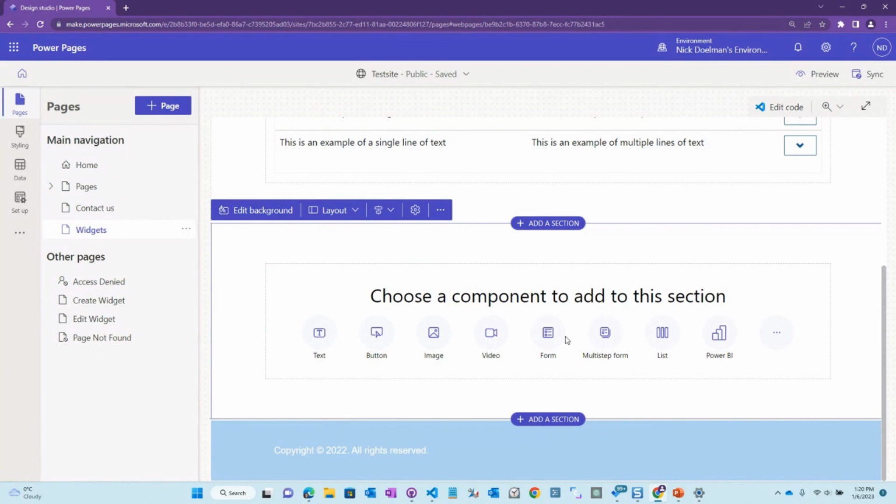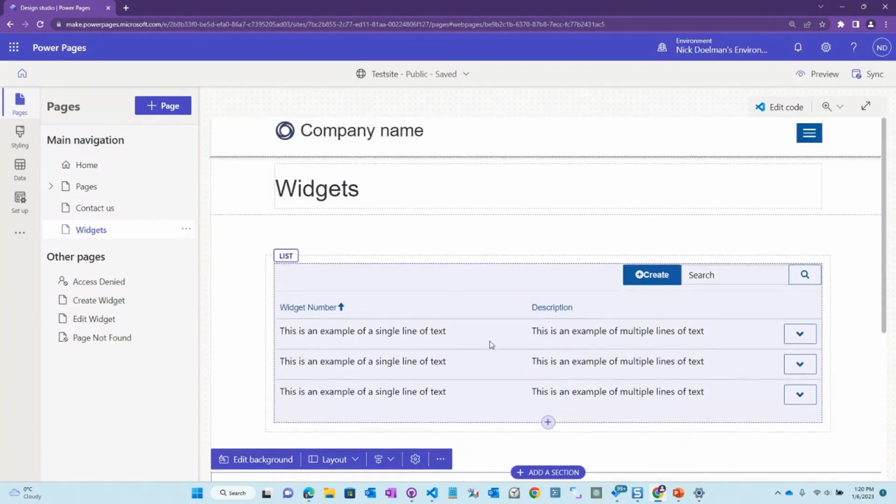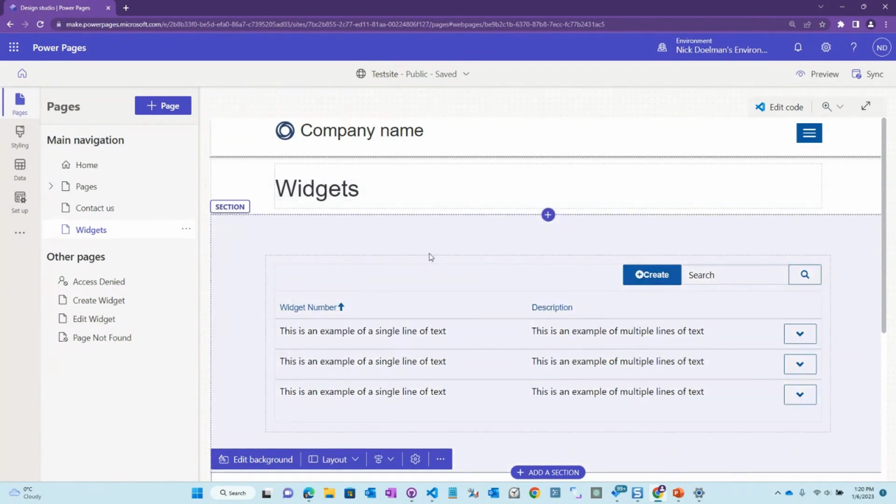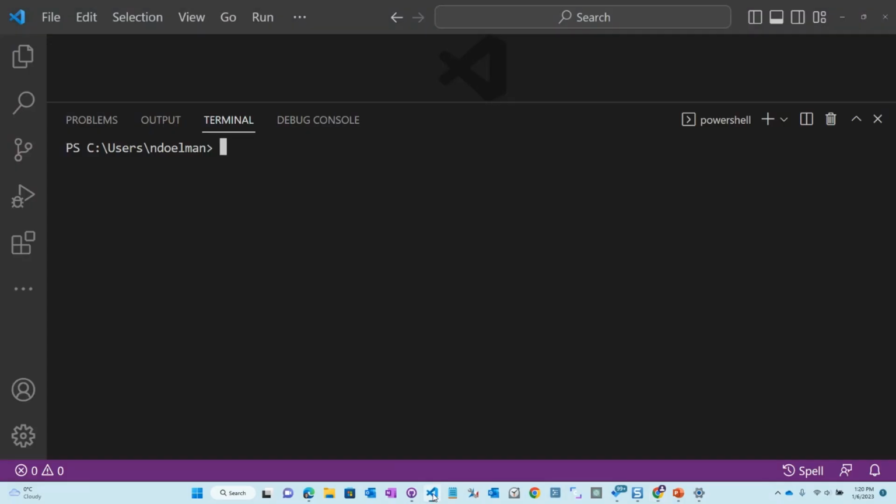But like I said, there might be instances where we want to start adding a little bit more code to our page. Of course, we could directly go to VS Code for the web with this edit code. But at this point, all we can do there is really just edit web pages. And there might be some other aspects of Power Pages that we want to edit. So let's flip back to VS Code. Again, one of my favorite tools.